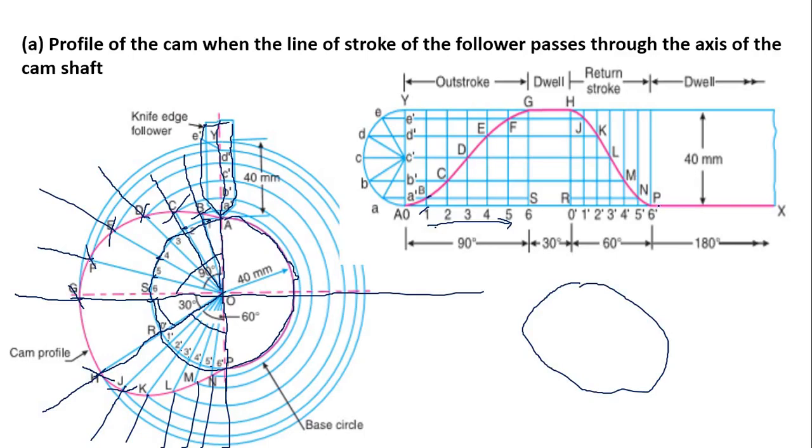Because in this displacement diagram 0 and A lie at the same point, and 6 dash and P lie at the same point. That's why you can see here there is 0 and A, and here P and 6 dash. Now cut the points from the base circle, measuring the distance from the displacement diagram, and we will see here there are some points in the outer stroke and some points in the return